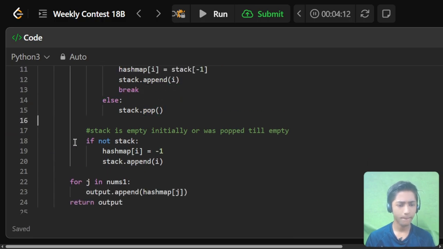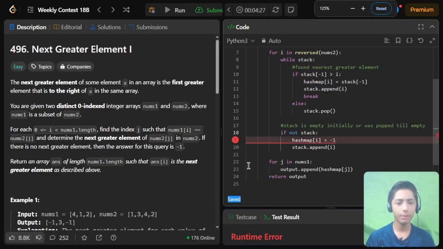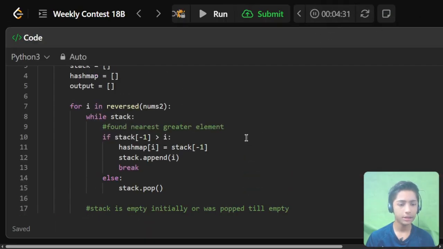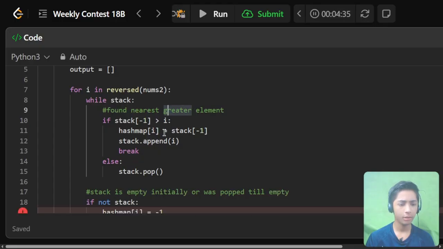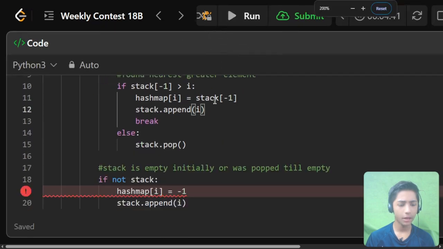Now write -1 and i here, you wrote it down, and here a semicolon. Now let's see the running code. When I run this code, I hope it will be perfect. It is giving me a runtime error in this line, stack[-1] greater than i, where I wrote hash map[i].